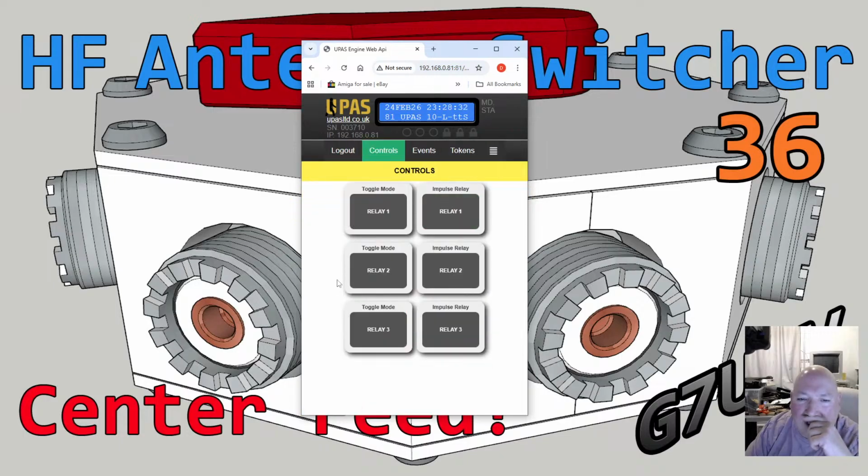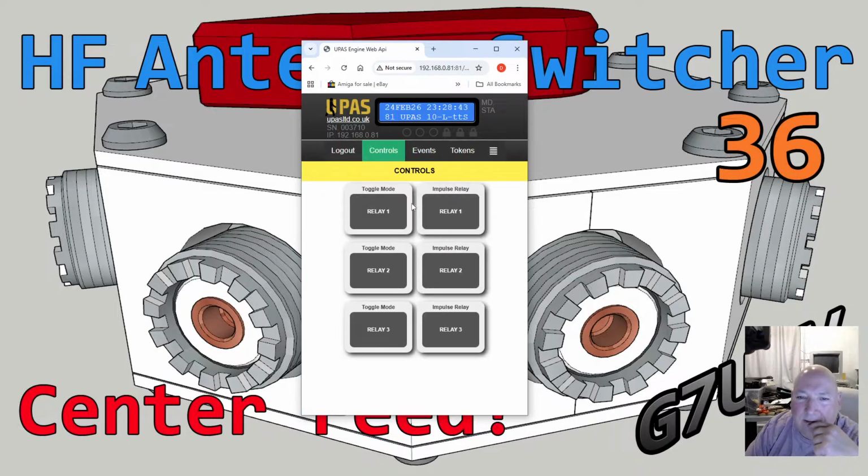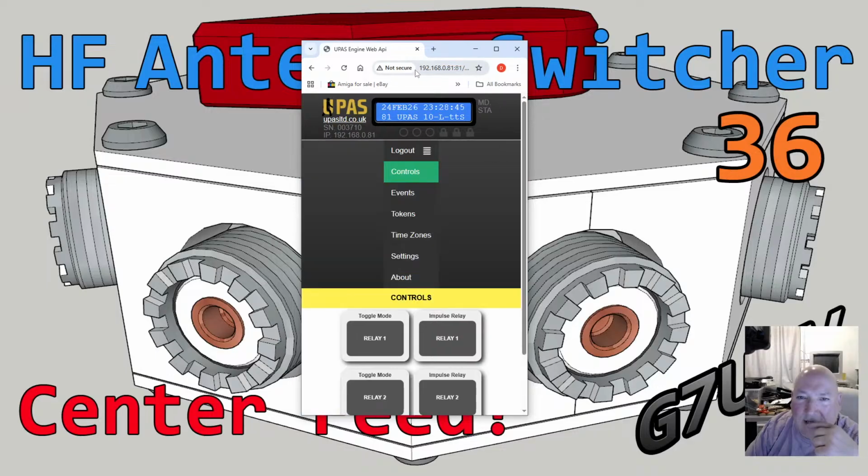and just here have a plan view of the antenna switch. And you can change your login password, and then you can have your web API or your REST API to be able to connect to it, similar to CAT control, and all the rest of it. You know, whatever you want to do. I'm going to have to do some research on the CAT control side of it.